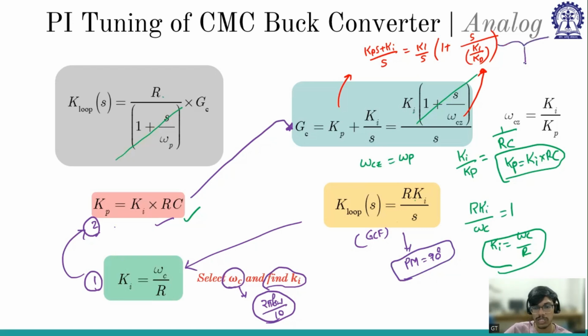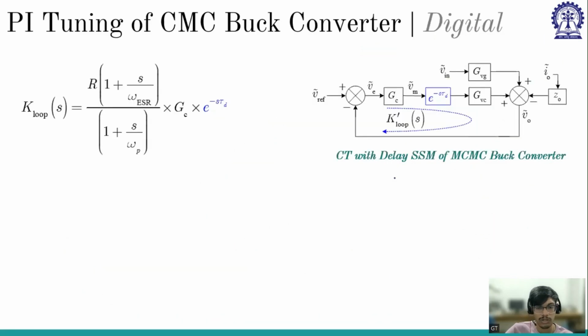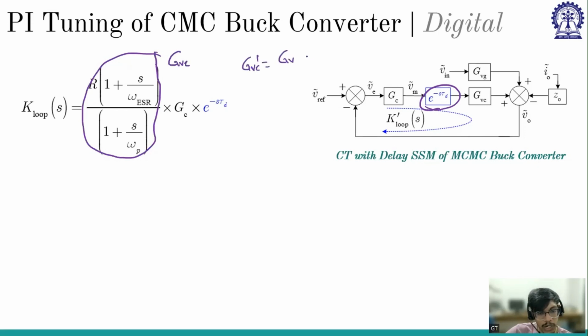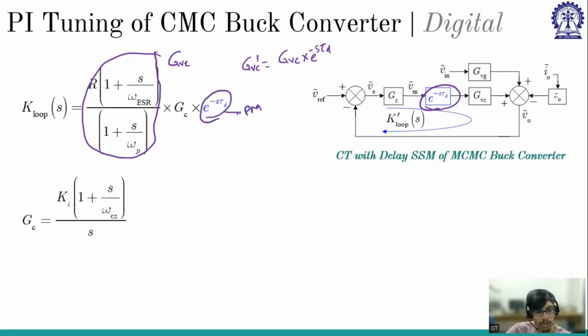Now if we go into digital control, we have this extra e to the power minus s tau d, right? So everything is same. Additionally, we have this e to the power minus s tau d. So again, this is GVC. So our GVC dash is GVC into e to the power minus s tau d, which we have been discussing for many weeks now. So everything is remaining same. I have discussed this will only have effect on phase margin,